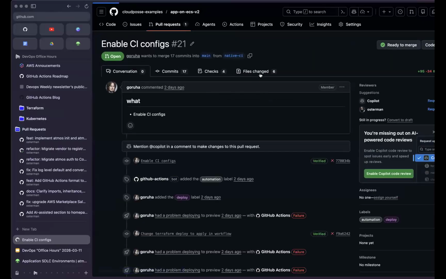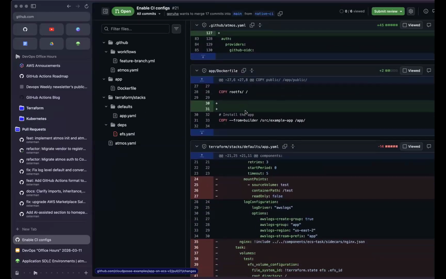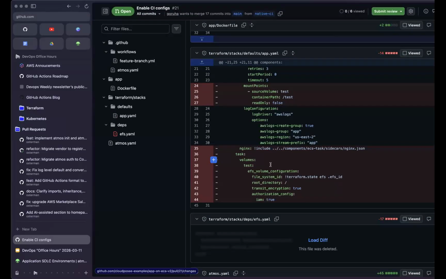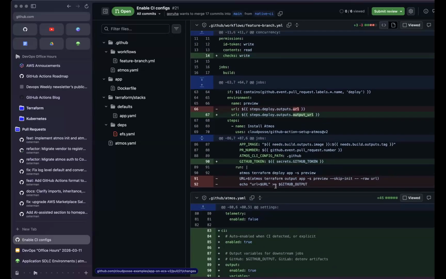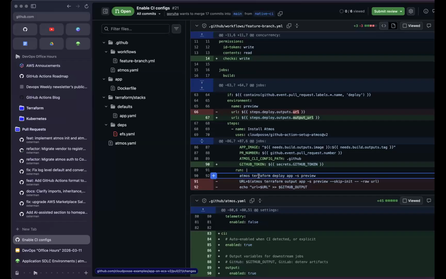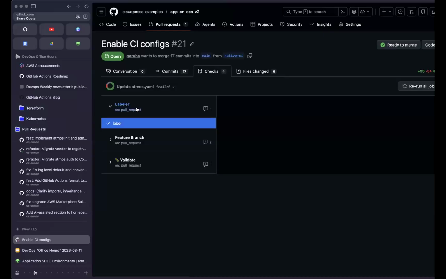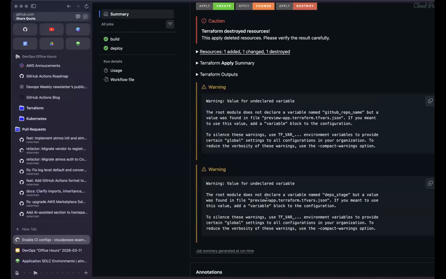Yeah, so next week, I hope I can talk more about this. This is really cool. We've built native CI support into Atmos. What that means is you can now just add a simple line like this in your GitHub Actions workflows, and Atmos automatically generates the job summaries for you. So you get beautiful output like this.